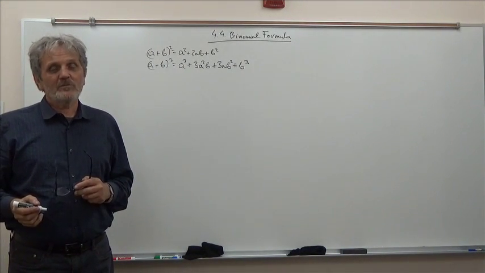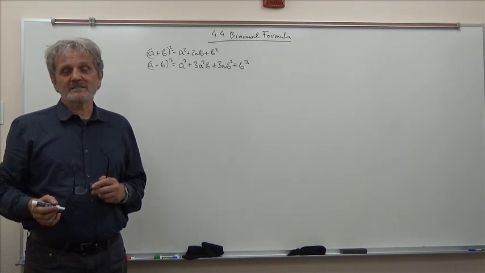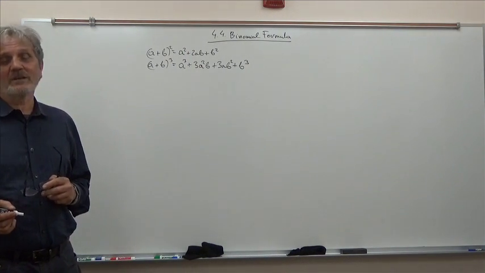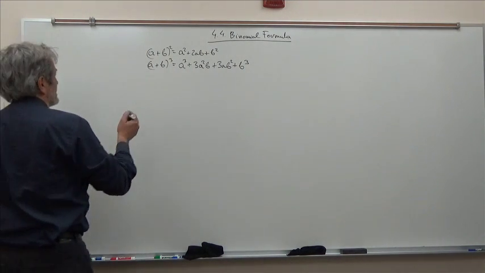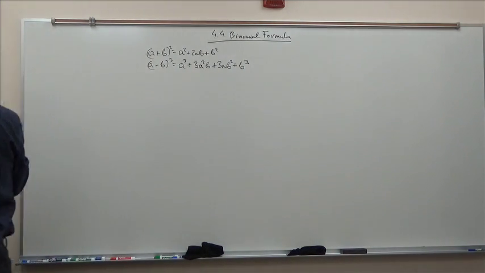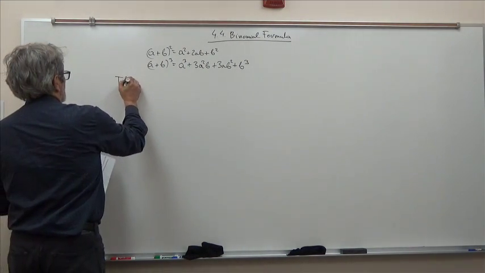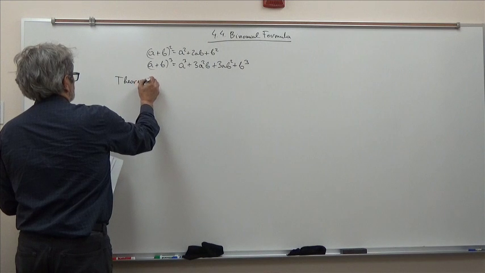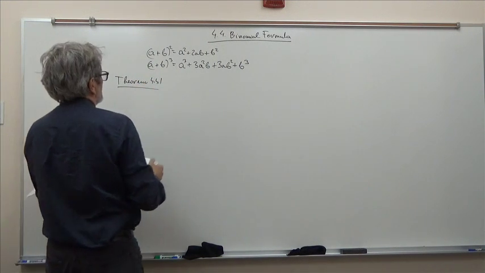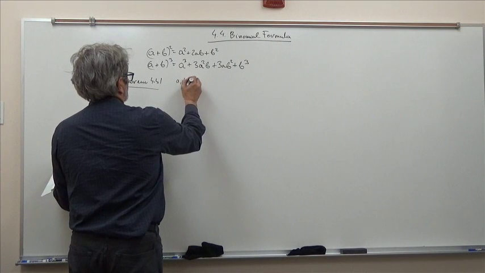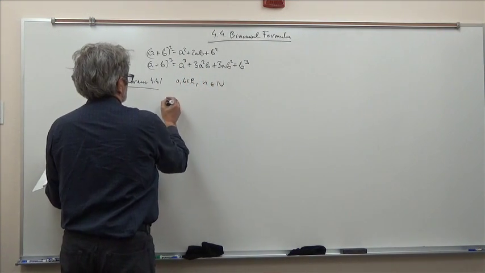But actually there is a formula that tells us how to expand (a plus b) to the n for any power n. And that's what our binomial theorem, or binomial formula, is. So that would be theorem 4.4.1. It says the following: if a and b are real numbers and n is an integer, then we have the following: